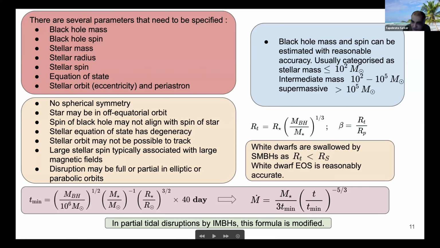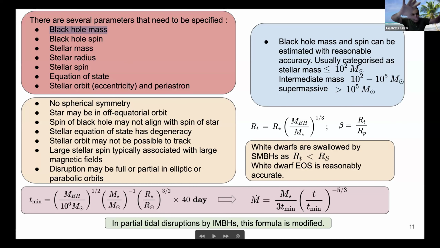So if you calculate the tidal radius of white dwarfs, you will find that if you have a supermassive black hole, that is a black hole of 10 to the power 5 or 10 to the power 6 solar mass, the tidal radius becomes less than the Schwarzschild radius of that black hole, which means that a white dwarf will never be tidally disrupted by a supermassive black hole. It will just be swallowed alive. So there are some of these things which put constraints. For example, if you are considering white dwarfs, you do not consider black holes of all masses. You consider only black holes of intermediate mass or stellar mass, but they are very few.